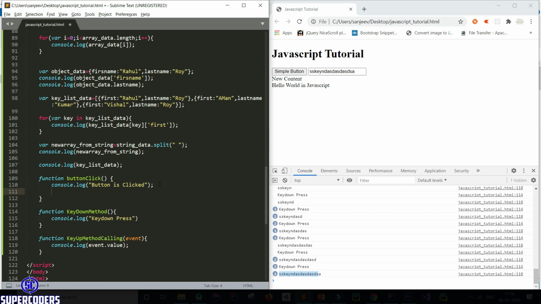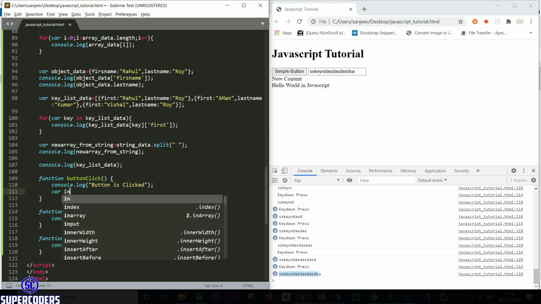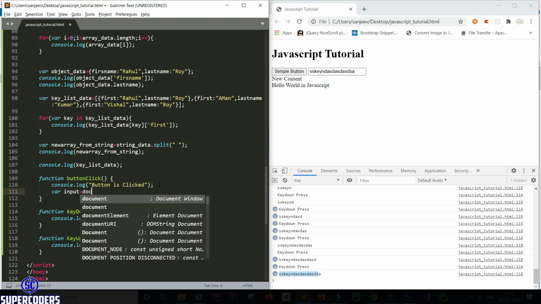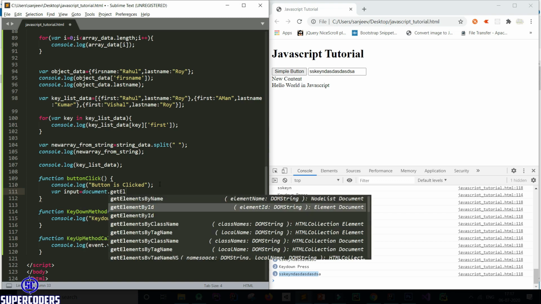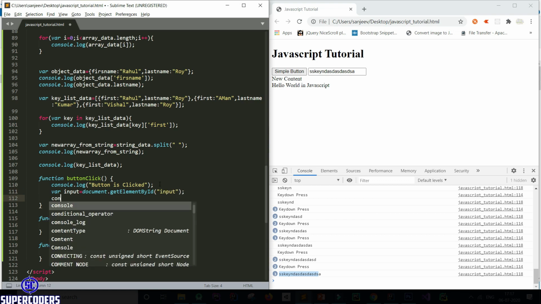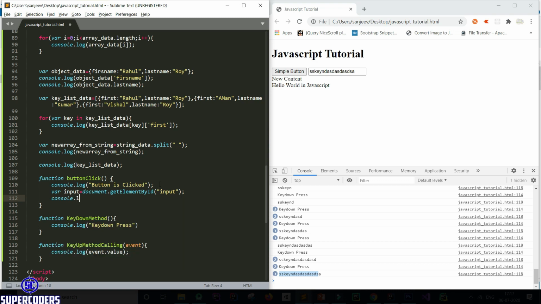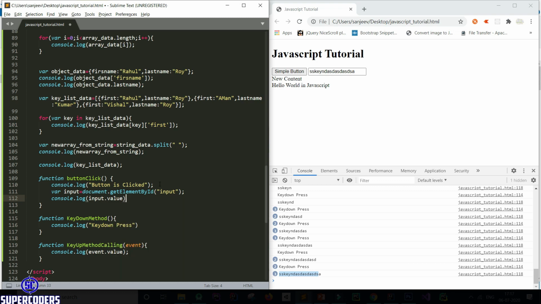You can access this input where input equals document.getElementById, then pass the id. Now printing the value. So console.log input.value. Let's run the program.